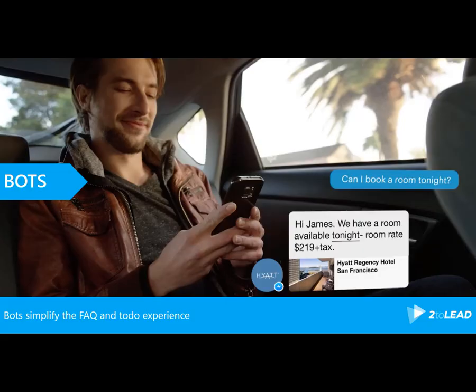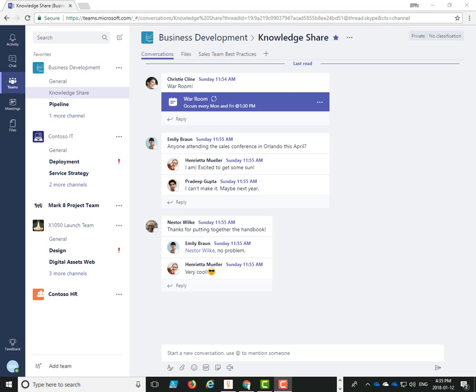Bots are semi-intelligent applications that let you ask questions in normal language to get answers for specific topics. In Microsoft Teams, you have the ability to integrate various bots for your needs. Suppose the business development team does a lot of travel and they want to be able to do their own reservations quickly without having to contact another individual or looking at another site.